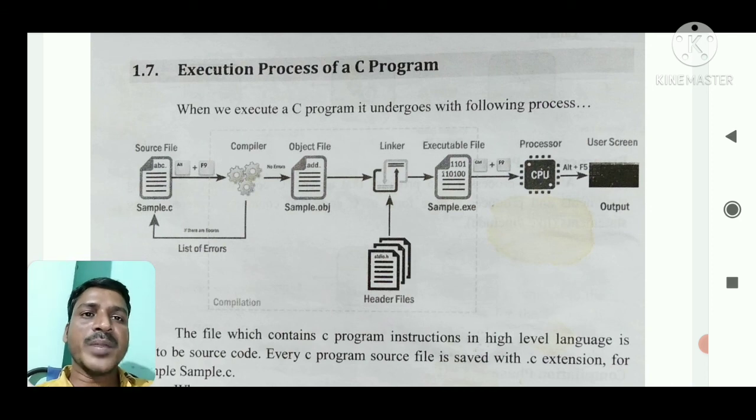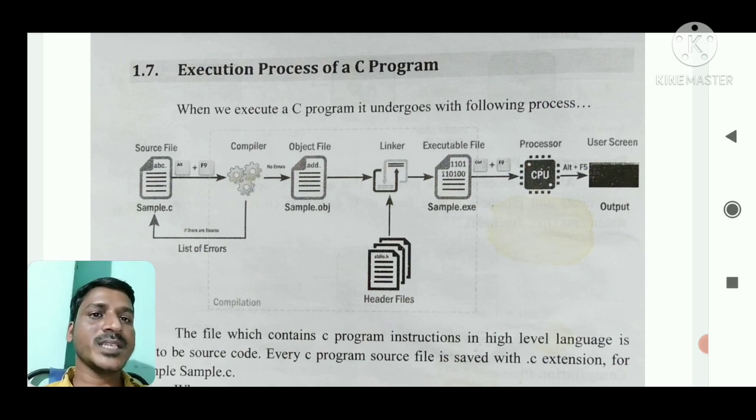After the compilation process is successfully completed, it creates the object file. The object file name is sample.obj. You can observe that the source code file is sample.c and the object file name is sample.obj.